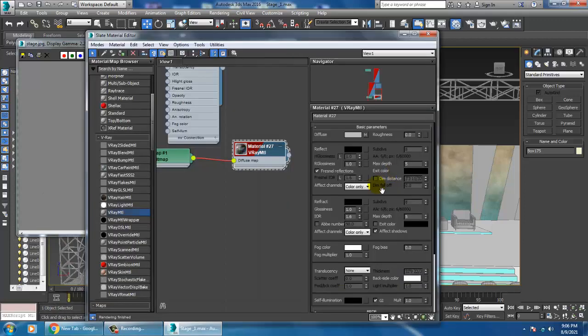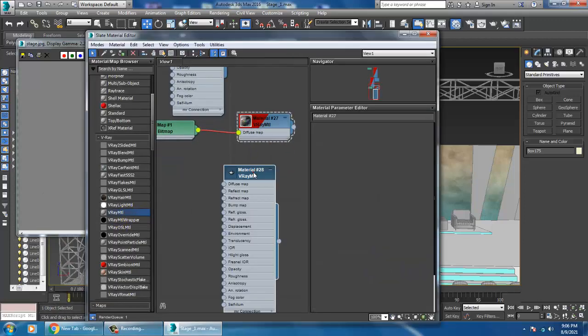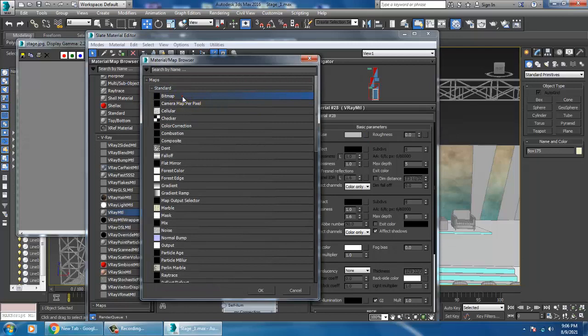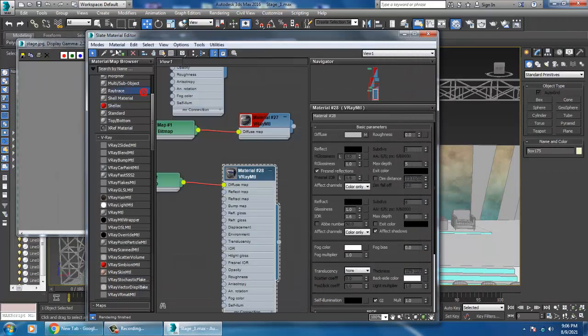Go into material. I'll take a V-Ray material. Let's just assign that.